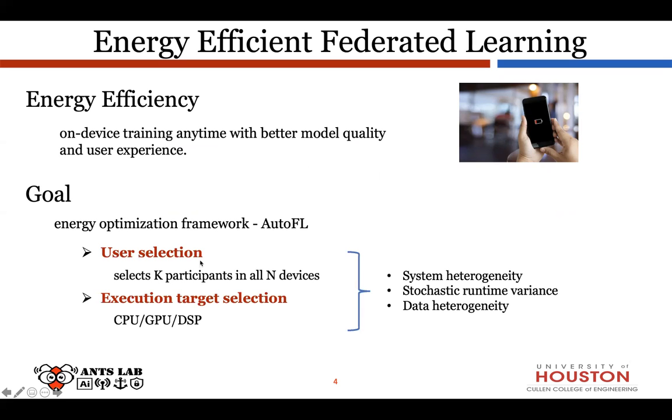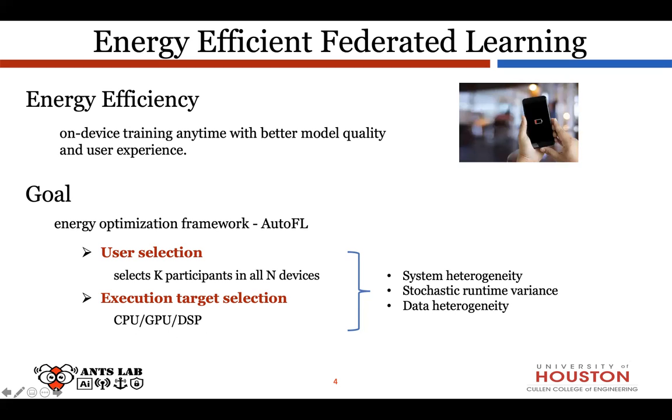One is the user selection. They want to select key participants among all available devices. And the second one is execution target selection, where we need to determine where we can run our program: in CPU, in GPU, or DSP.